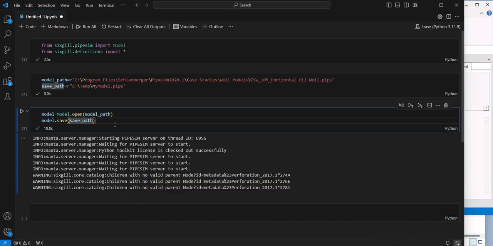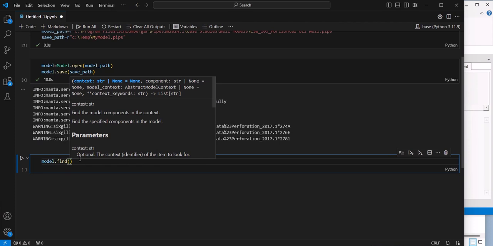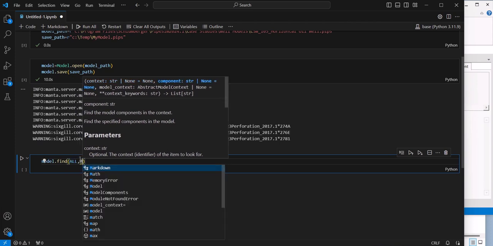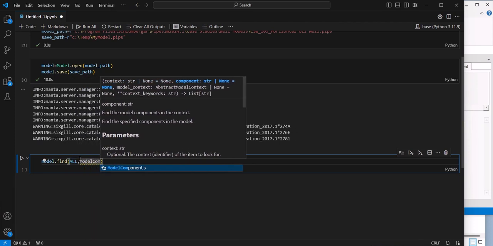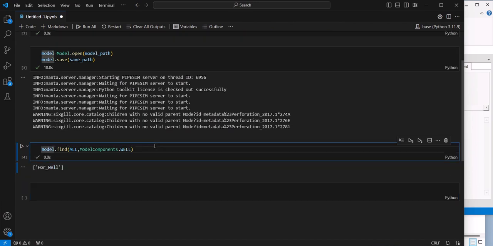Let's go back to the code and start investigating this code. So first of all, I need to get information about the well name. For this purpose, I can use a model, find all components, and then filter by model components well. And we have the well name, well, and I want to assign this well name to the variable called well